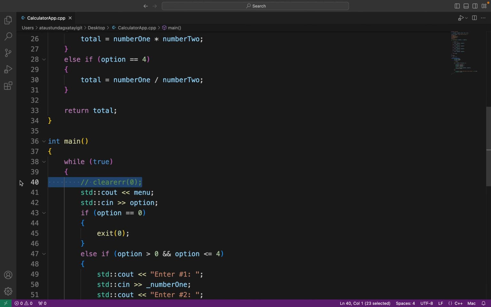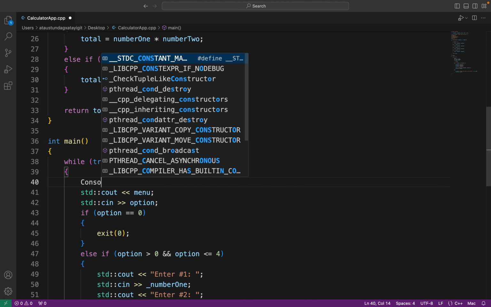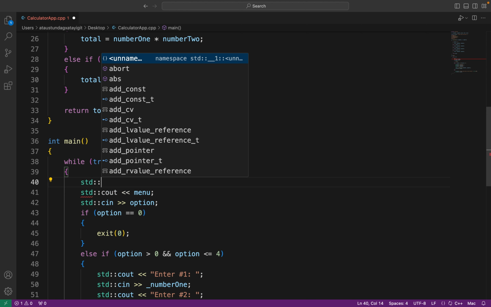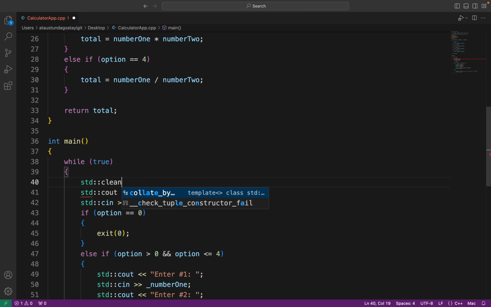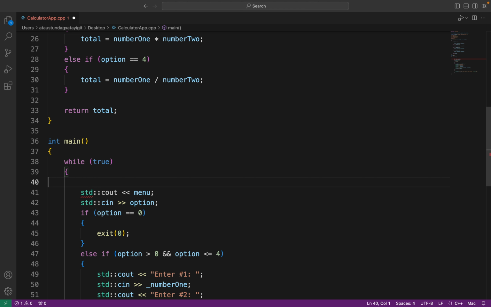And in C# we have a Console.Clear method that you can use, but it seems we don't have any option like this. Let's go to here, std, maybe it's a namespace or something, clear or clean. It doesn't seem like it, but